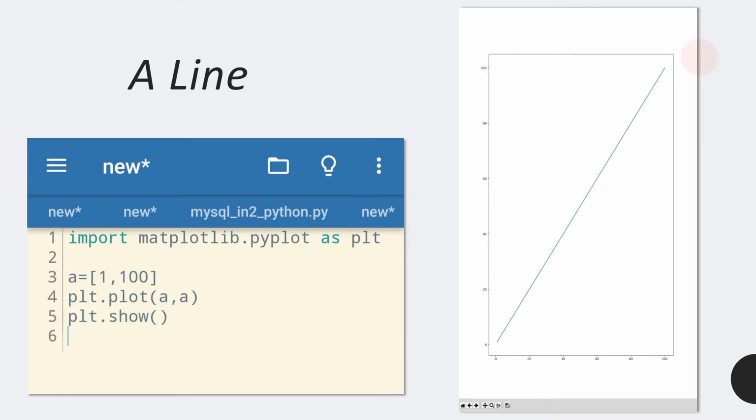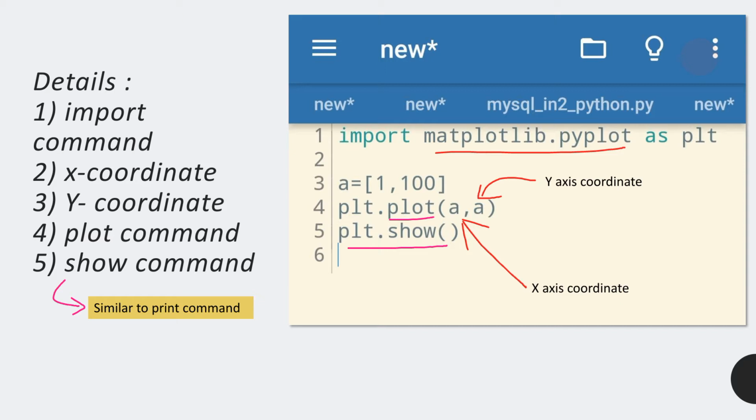First, the code contains majorly four things: the importing, then our data, that is two values given, 1 and 100, then the plot command. We will learn more about the plot command. For now, it is a line-making command. It creates a line for us, and it can also create a scatter plot. We will come to this.